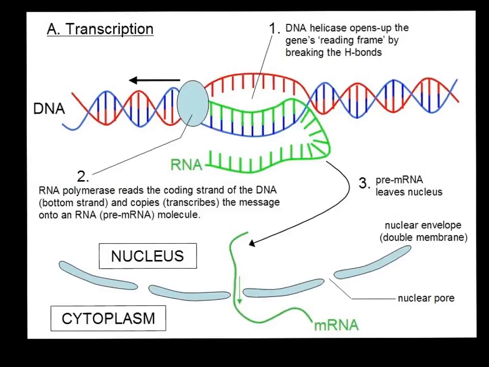What you have to keep in mind is that the DNA that's making up your chromosome, so here's our DNA in red and blue, is made up of lots of different genes, or different segments within the DNA that code for different proteins. So during transcription, the first thing that happens is DNA helicase, which we looked at with DNA replication, comes along and unzips the double helix of the DNA by breaking the hydrogen bonds between the nitrogen bases. And it doesn't unzip the entire DNA molecule, it just does that region,